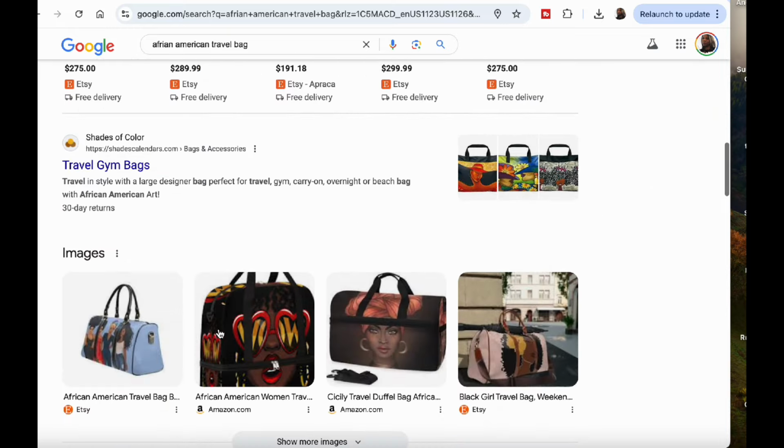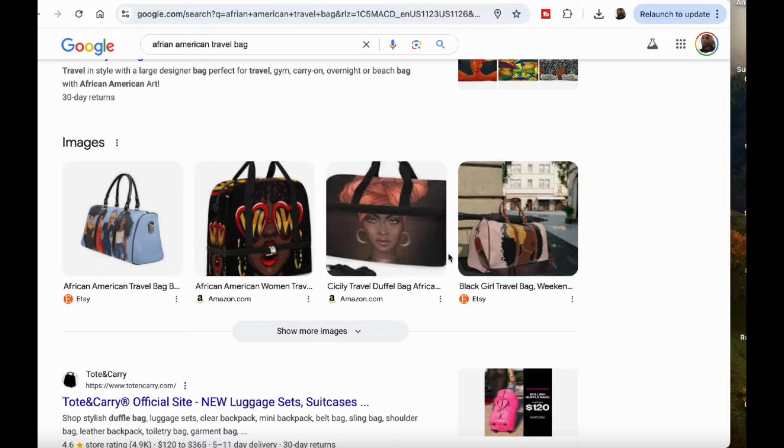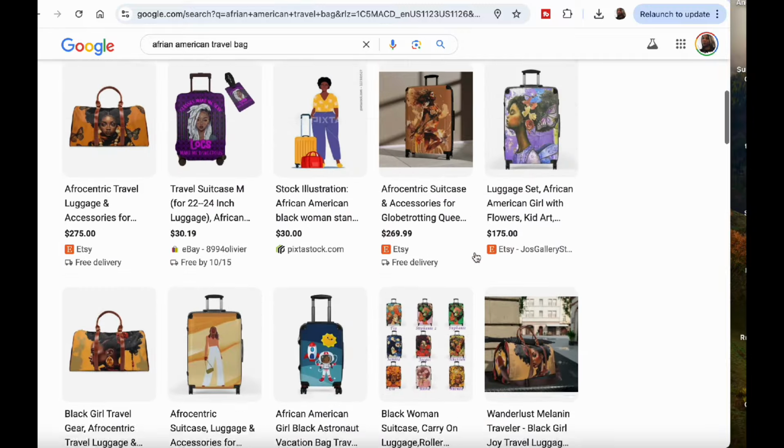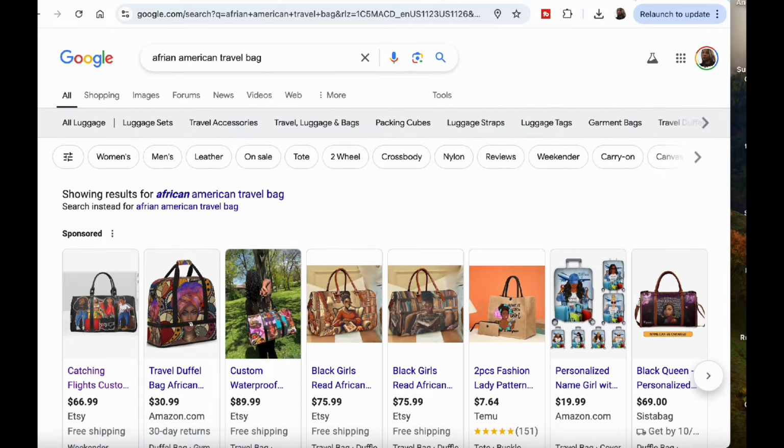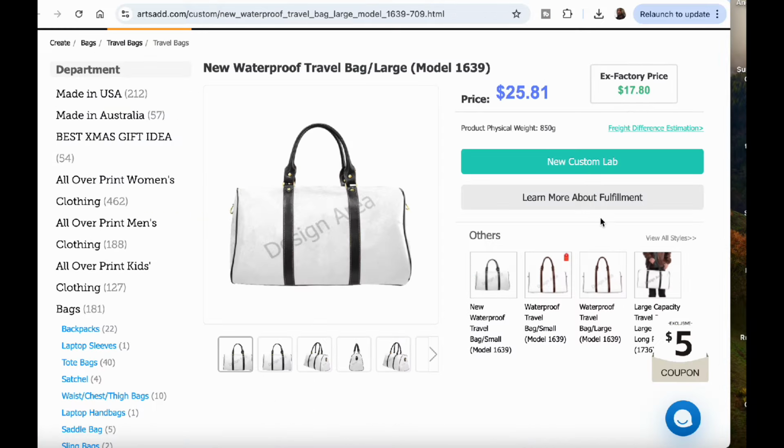Yes, like I said, you can thank me later. But look at this. Very nice, right? Look at all these different designs. Well, now you know the secret. Now you know what you can do. Just be creative. Create your own. Look at that. And look at the price. And look how much they charge for